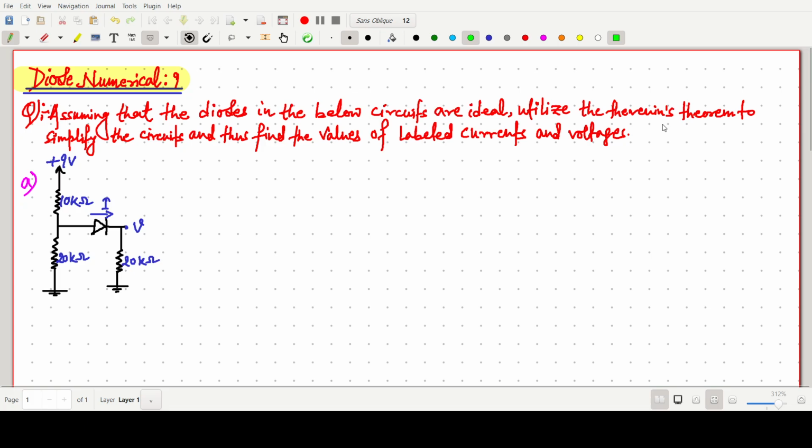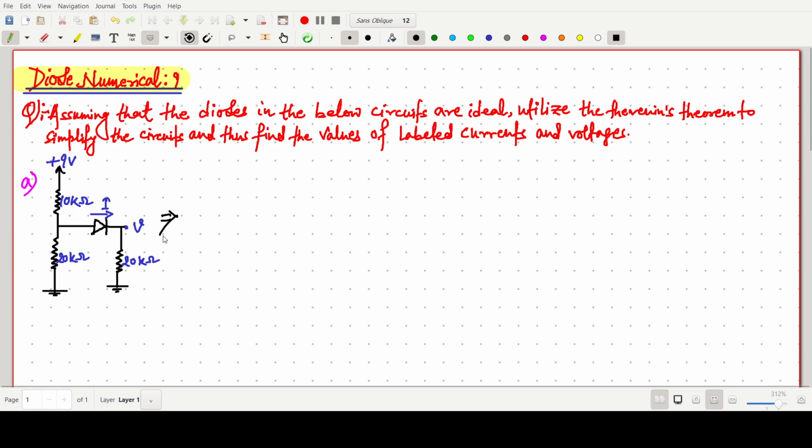So utilize the Thevenin theorem to simplify the circuit and find the values of the current I and the voltage V. We have to find the value of I and V in this circuit. So this one is the circuit. This is 9 volt, 10 kilo ohm, 10 kilo ohm, 20 kilo ohm resistance, 20 kilo ohm, and I we have to find. So in such a situation,